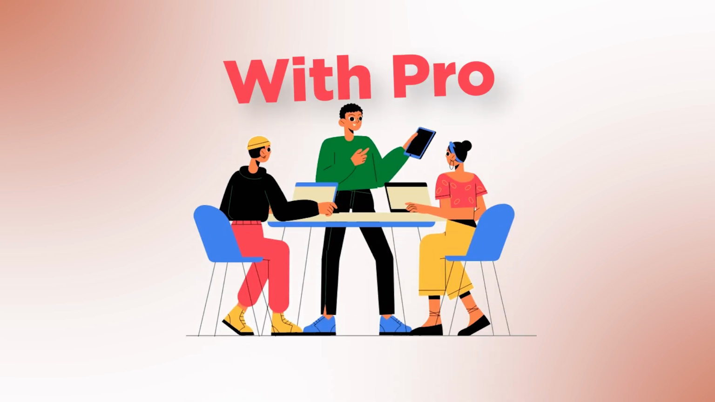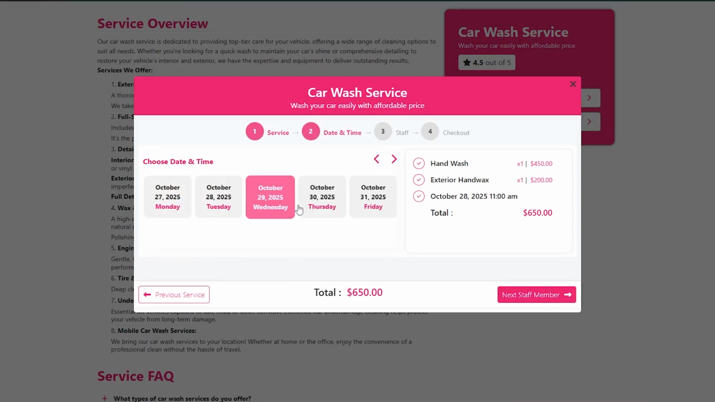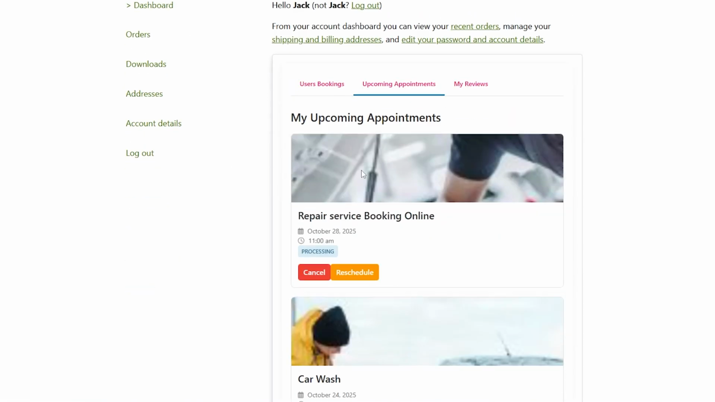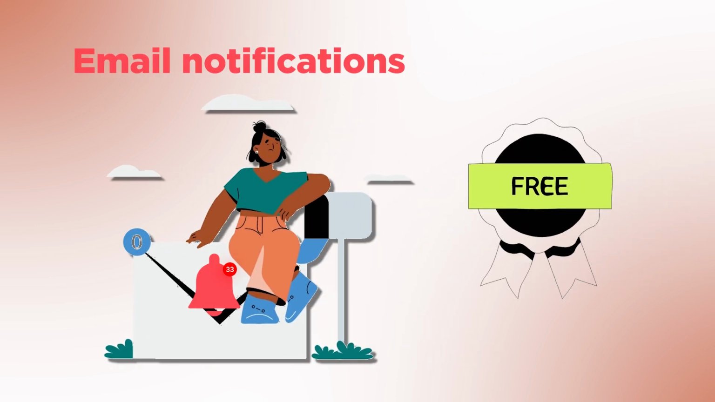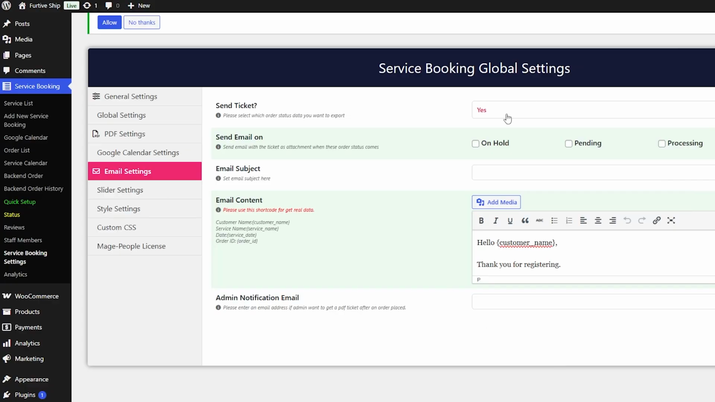With Pro, manage your team effortlessly. Assign staff to services, set custom schedules, and give them dashboards for seamless service delivery. Stay connected with automated email notifications in the free version, or upgrade to Pro for SMS reminders and custom templates